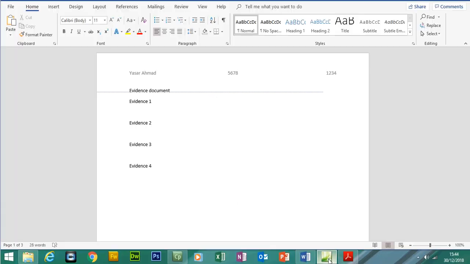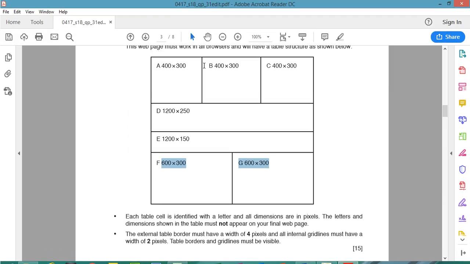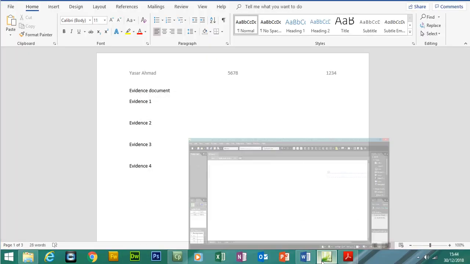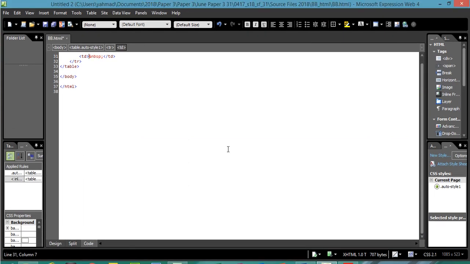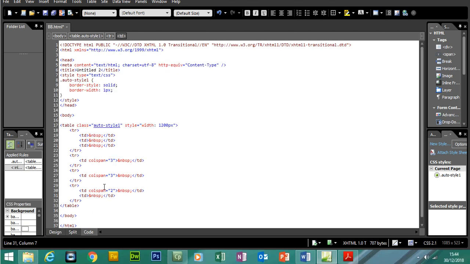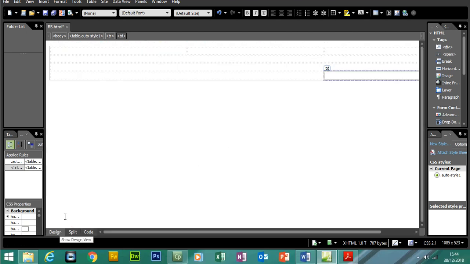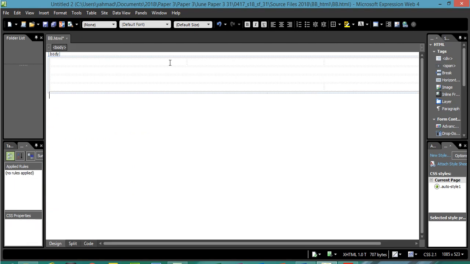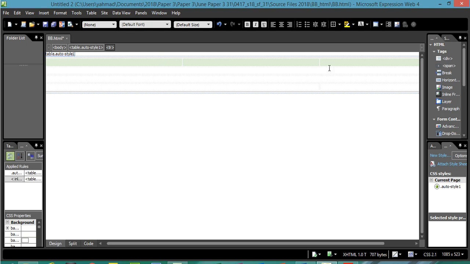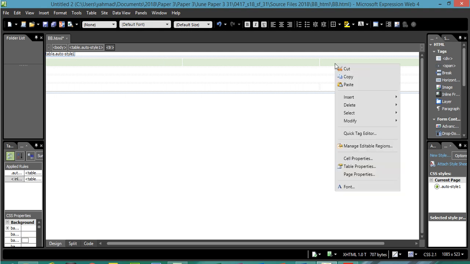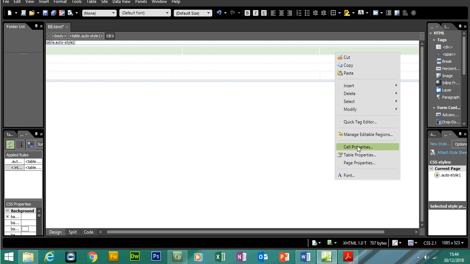So before I start putting in the dimensions for the table, you will notice the table will not look exactly like this, but obviously what we need to ensure is we put in the right dimensions so that it shows up in the code. So when I go to the code, we're expecting to see the right dimensions of the table here. Okay, so let's go back to design view. The first row we're going to edit is the first row. We've got 3 cells, 1, 2 and 3. So if I right click and click on cell properties,